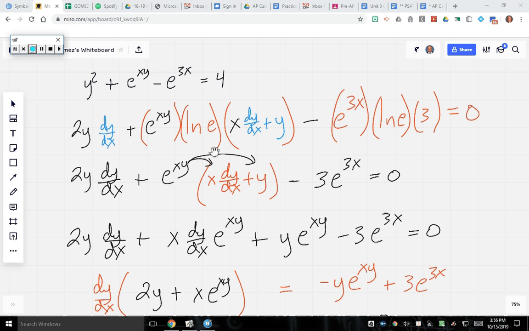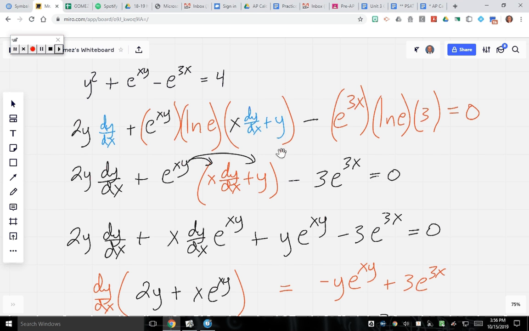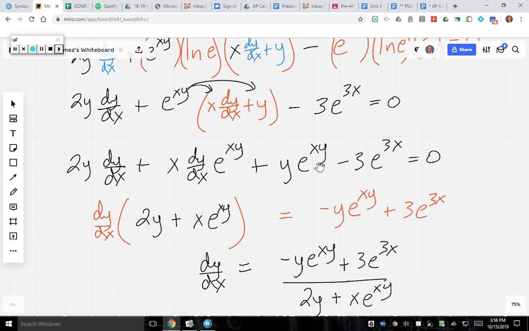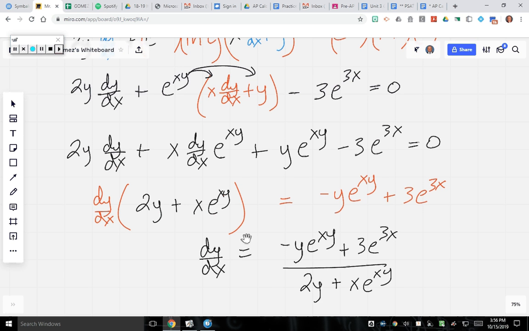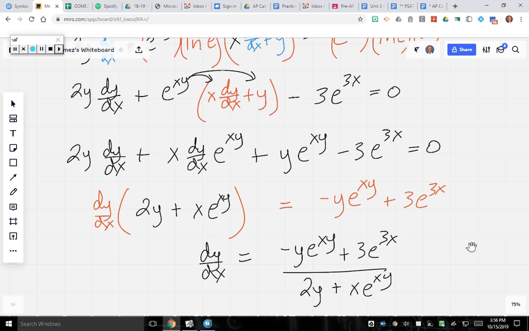Look at this. This is very important. I need to distribute e to the xy to both x dy dx and y to get this down here. Notice that I put like the GCF here, not GCF, but I foiled or distributed this out so that I could get all of this right here. I GCF'd out the dy dx. I subtracted this to the other side. I added this to the other side, and then divided by this right here. Okay? So, with all of this being said,